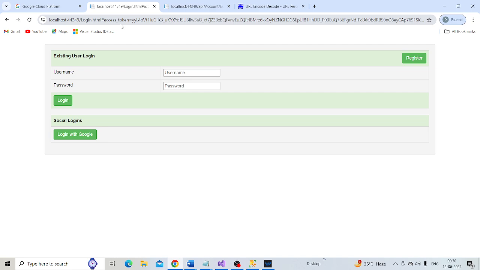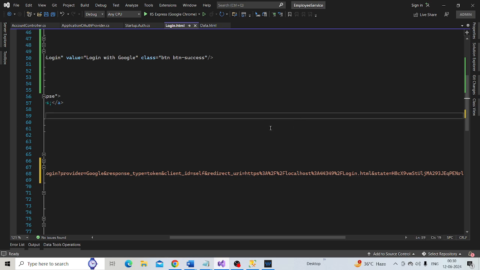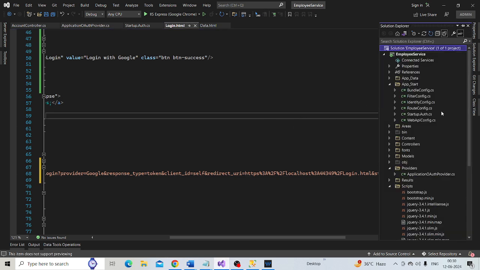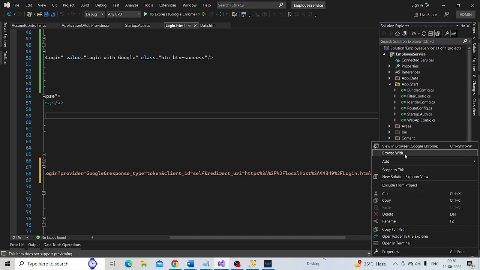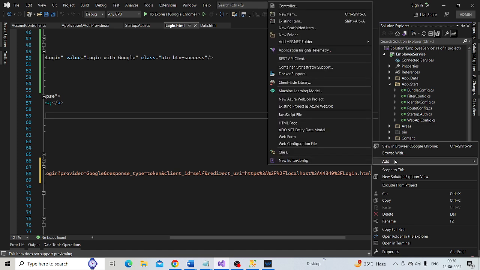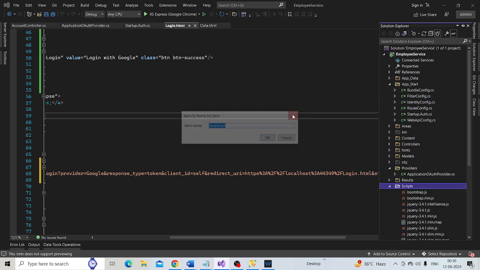So let's right click here, add JavaScript file. Let's name this GoogleAuthentication.